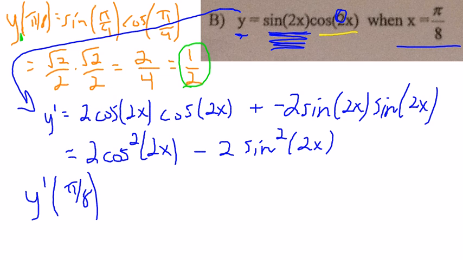And I know from what I just did that this is going to be the exact same thing as this, root 2 over 2 times root 2 over 2. So I'm going to have 2 times root 2 over 2 squared minus 2,